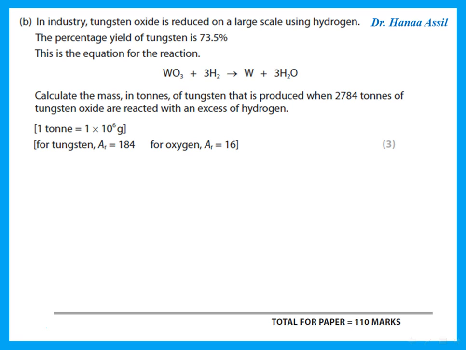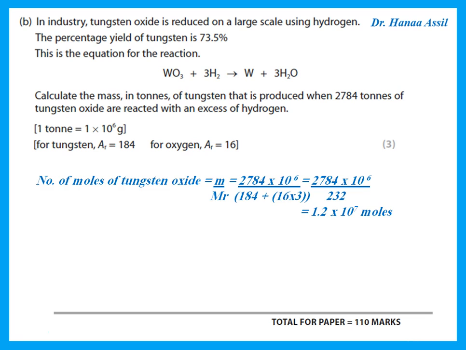He tells me that a ton is 10 to the 6 grams, and we should actually know that a ton is 10 to the 6 grams, and you should know that we need to work in grams, not in tons. Okay, so he's saying he started with 2,784 tons of tungsten oxide. That is the information he gives me. I use it to get number of moles. So number of moles is mass over molecular mass of the WO3. This comes out to a certain number of moles. Remember, we're working in grams, so I multiply this by 10 to the 6